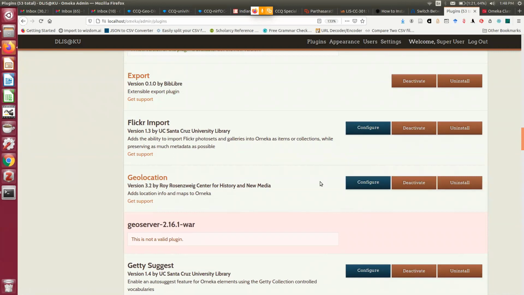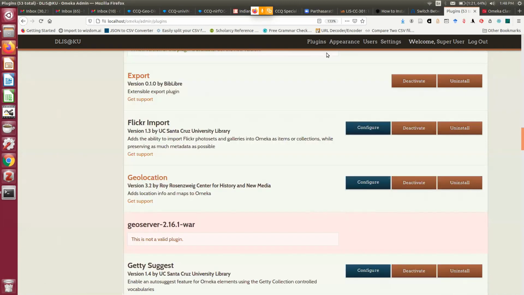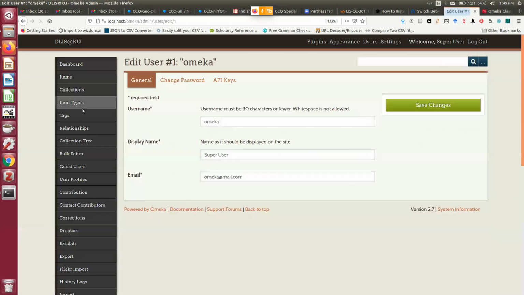So first is installation. You download the plugin, unzip the plugin, check where your plugin.ini is, copy that particular folder, and place it under this folder. Here it is, Omeka under Omeka plugins. That particular folder you place here, and then in your Omeka admin interface, this is my super user interface, in that interface I can click plugins.